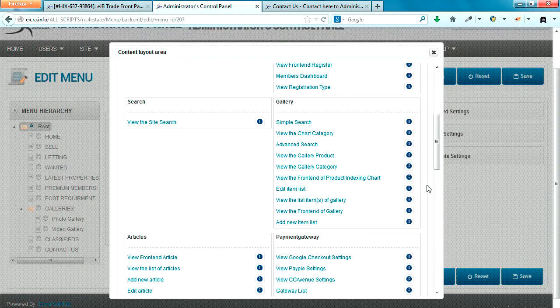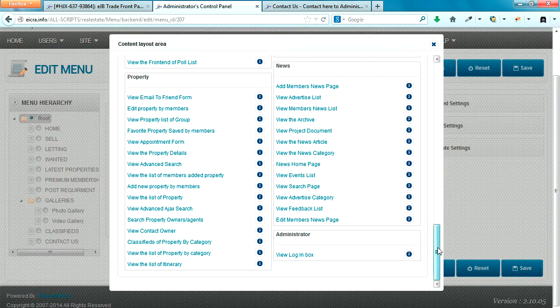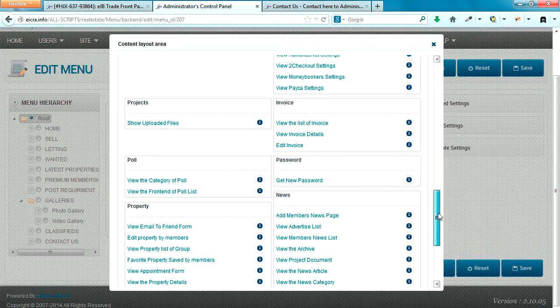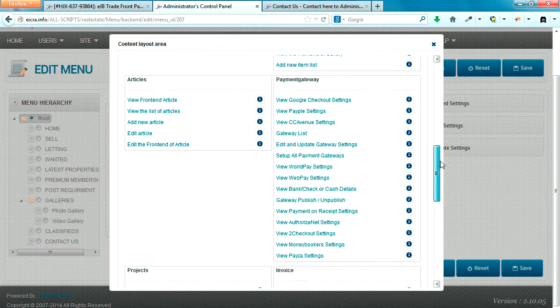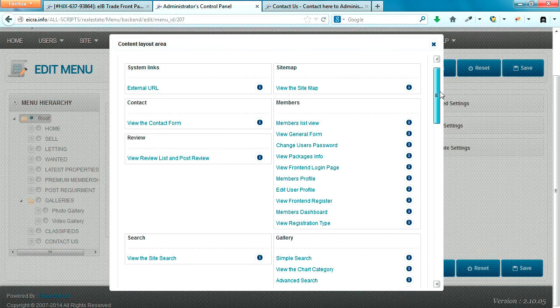When a menu is created, the menu is linked with a page or component, and the content layout area defines which component, page or modules are called when the menu is clicked. And here by default we can say the view the contact form